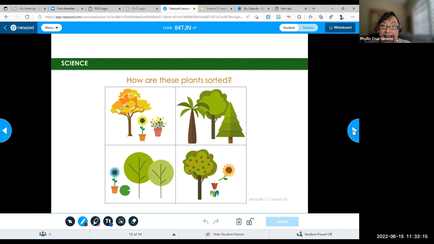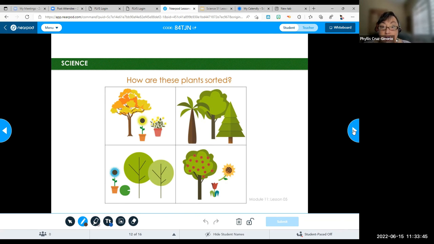Imagine that someone, maybe someone who works in a science lab sorting plants that make medicines. Yeah, you can make medicines from some plants. And they have to sort the plants so they make the right medicines. How are these plants sorted? What